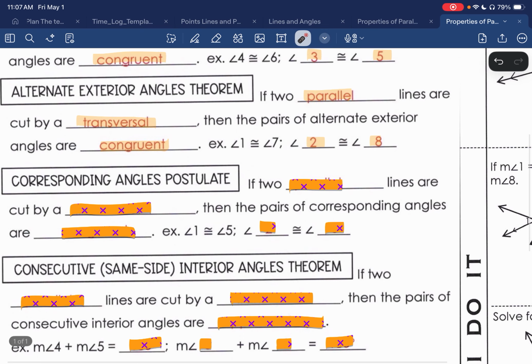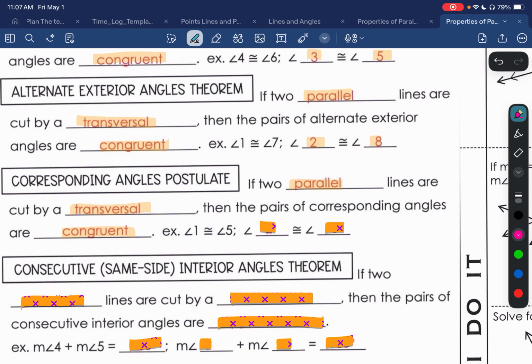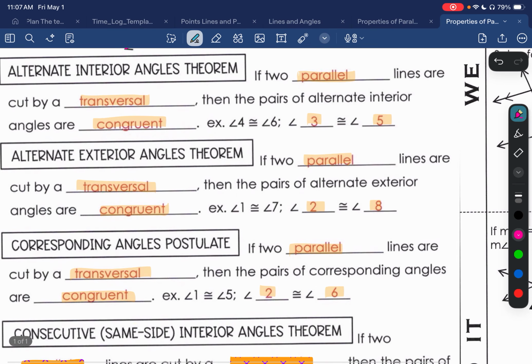All right, so what's specific about corresponding angles? If we have corresponding angles, each of those angles, because they match up perfectly, are also congruent. So another pair is 2 and 6. All right, if I'm going too fast, hit the pause button, write everything down, then hit the play button. All right,